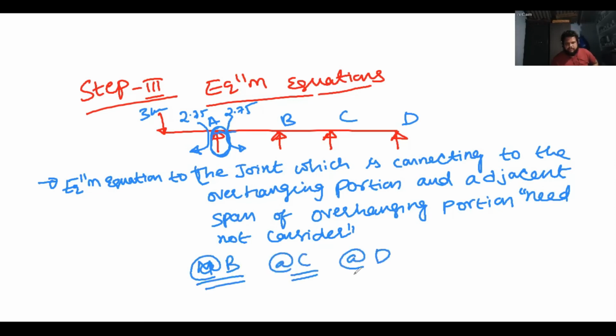At D I have to write the equilibrium equation. If you are doing this in the conventional method, you have to write equilibrium equations at A, B, C and D. So how many are there in the conventional method? You have to write 4. And to solve these 4 equations, you have to use matrices. You cannot solve them in our calculator.